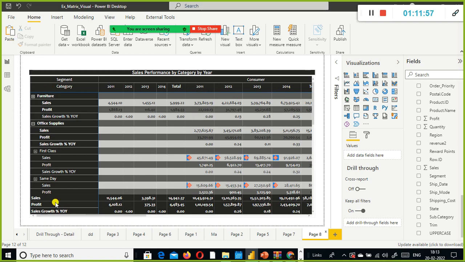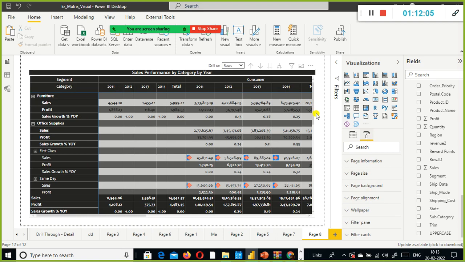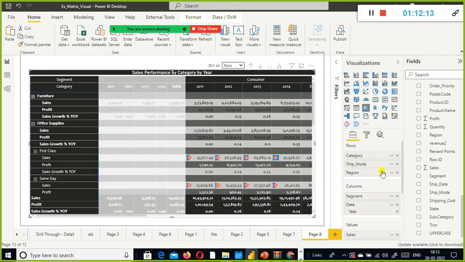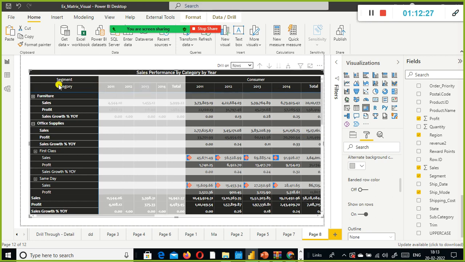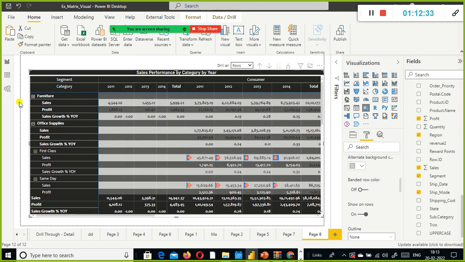this one, the banded rows, right? So disable the banded rows and enable convert the columns into rows. Under the values field, you can see the banded row color, you need to disable it. Show on rows is also helpful to convert, right? So this one reduces the width of our matrix, right? We can see everything in a simple matrix. If you don't use this, what will happen? Your matrix width will increase.